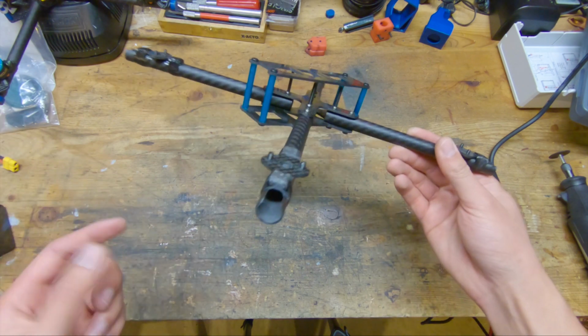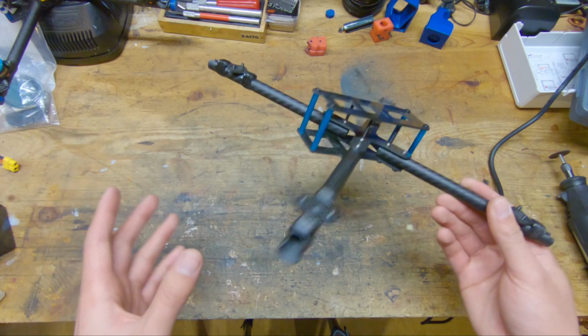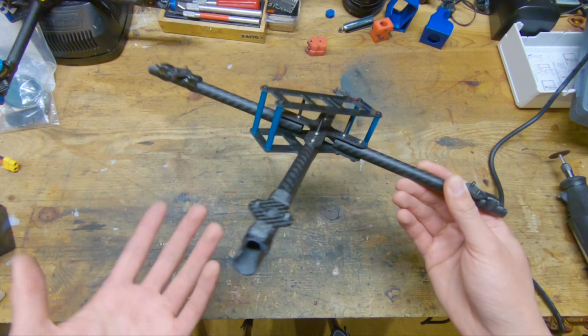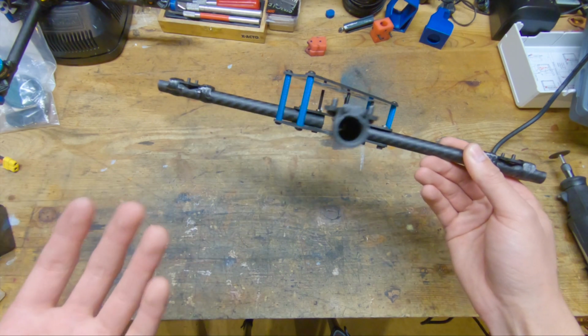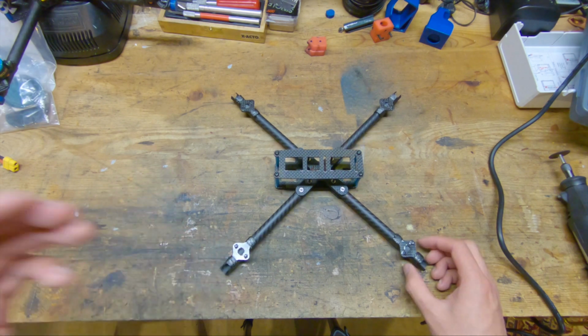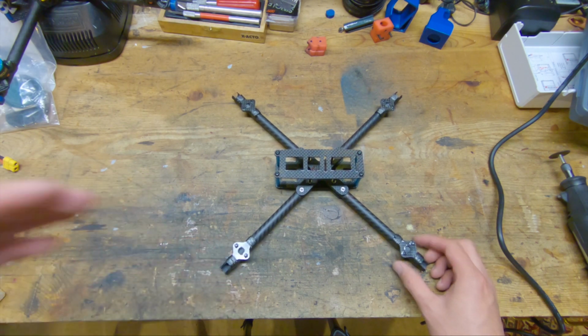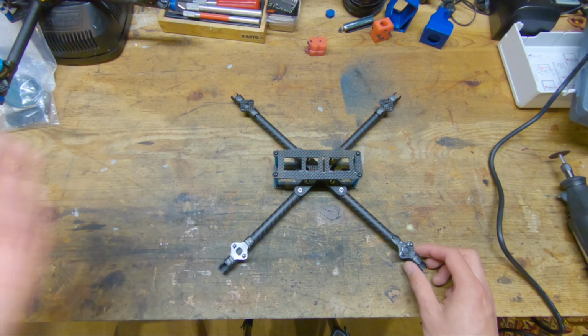The first benefit is that a circular profile moving through the air is a lot more aerodynamic than a rectangular profile moving through the air. Another benefit is that tubes are a lot better at resisting a bending force than just a solid shape. Another benefit of tubes is they are much stiffer than just a solid piece of carbon or flat carbon plate arms,